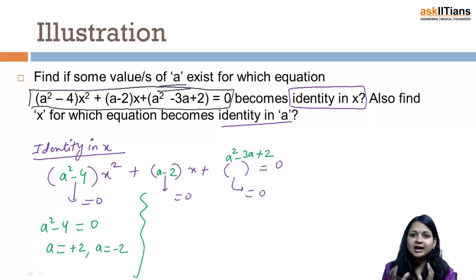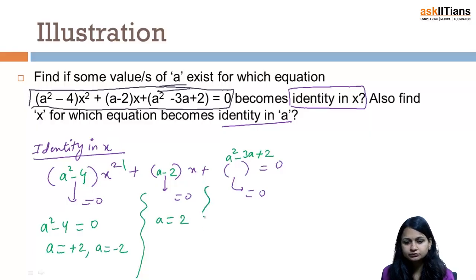No, we cannot decide the answer at this very step. We have to complete the question, because whatever common value of A for which all of them are 0, that will be my final answer, right? That is what simultaneously means. Okay, solving the next part, I'll have A equal to 2.